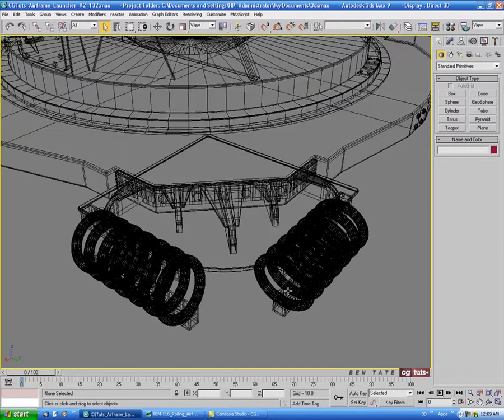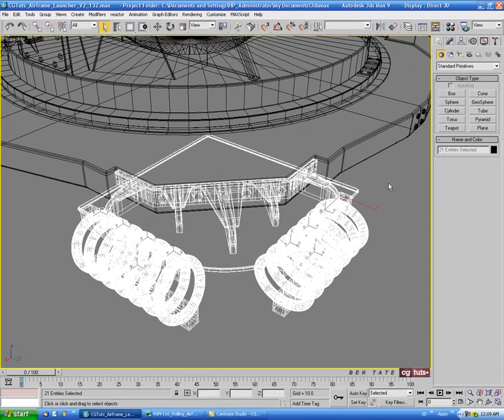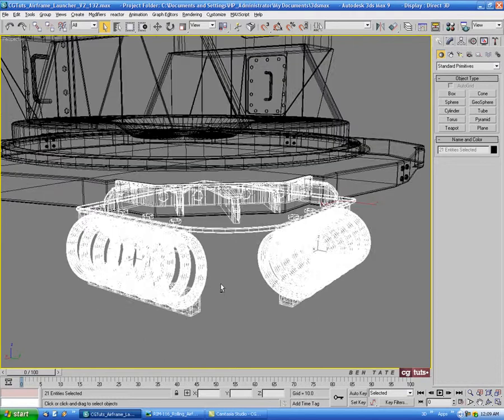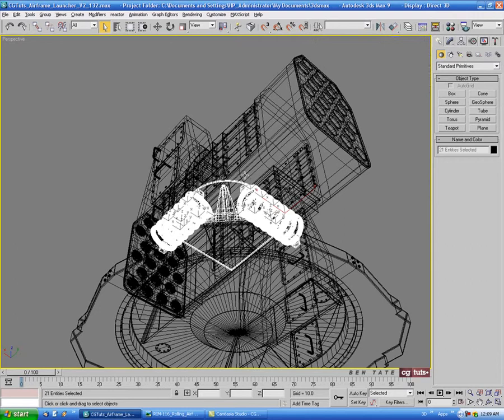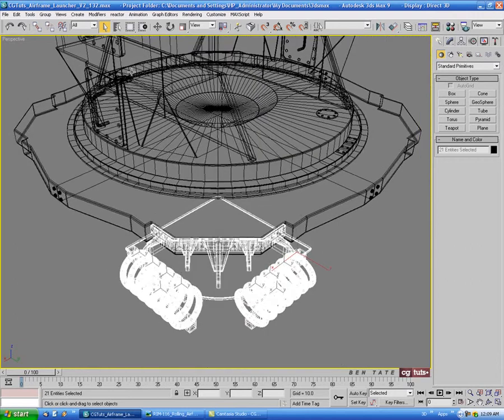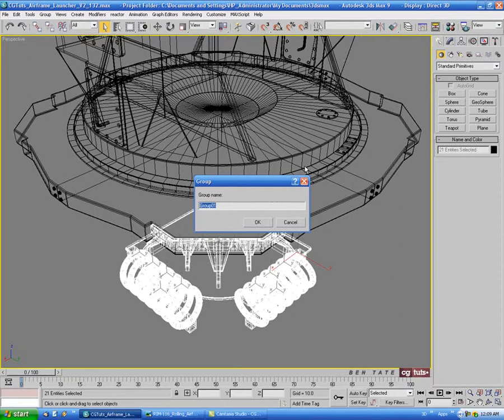And let's just go into wireframe with F3, and I'm just going to drag through all of the corner pieces, okay? And then we'll deselect the base. Okay, so just make sure you get everything that's part of the corner. All the bolts, the wires, the brackets down below, okay, and all those pieces. So, and make sure you don't have anything else selected on the model. Okay. Then we're going to go up to group,